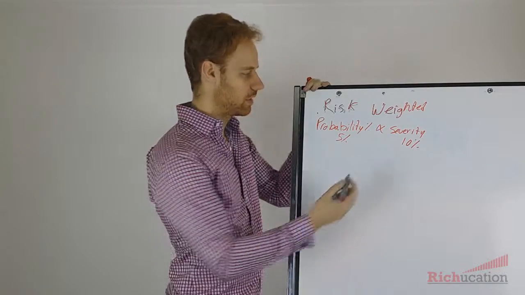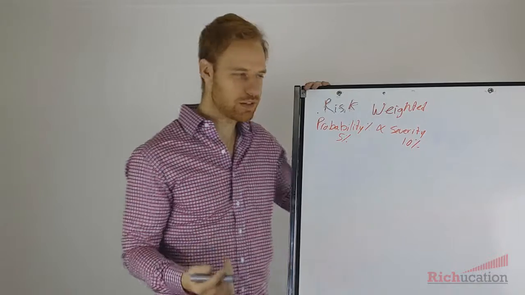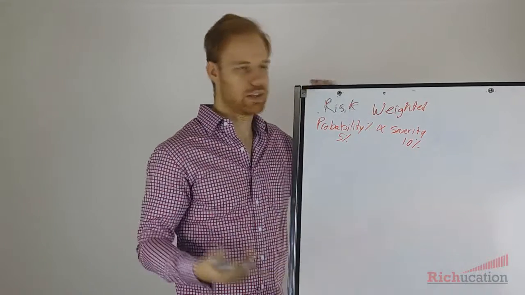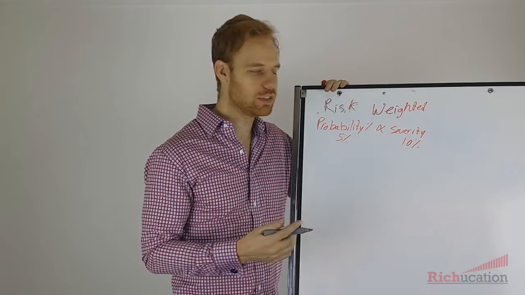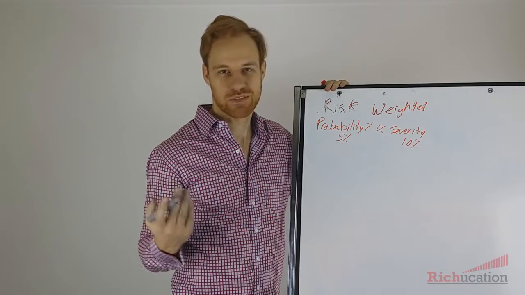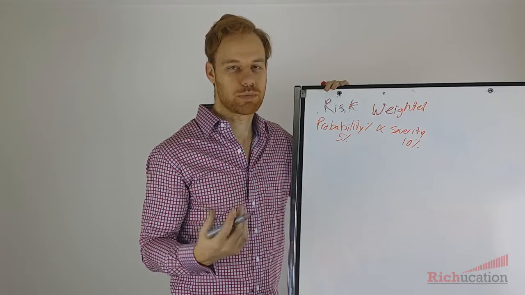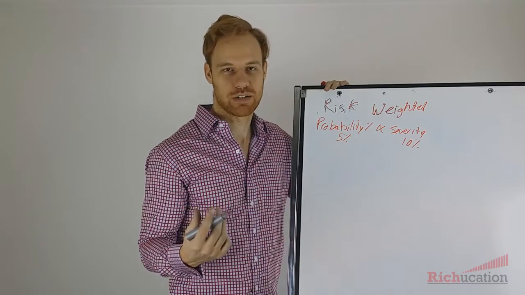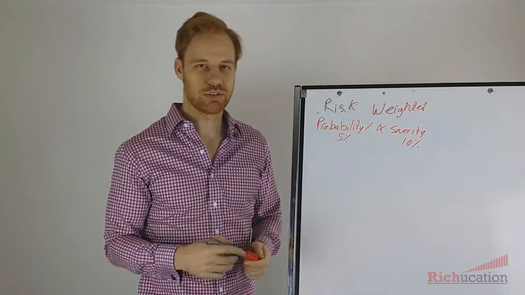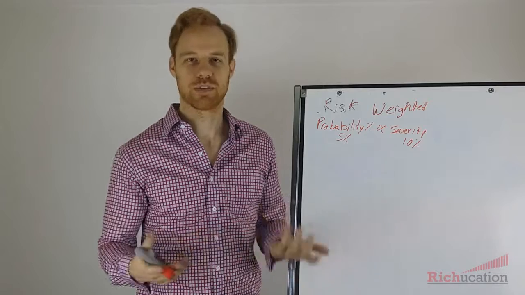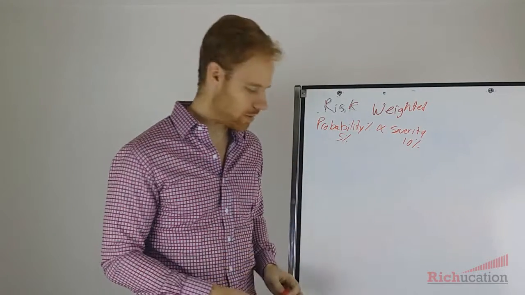So how would we calculate this? 5% times 10% is going to be 0.5%, right? So let's say that the mortgage was for $100,000, 0.5%, it's $500 down, and let's say you were making 3% a year, or let's say it was 5% a year, okay? So really what's your risk-weighted rate of return? It's 4.5% as opposed to 5%, okay? So that's how we calculate those types of numbers.